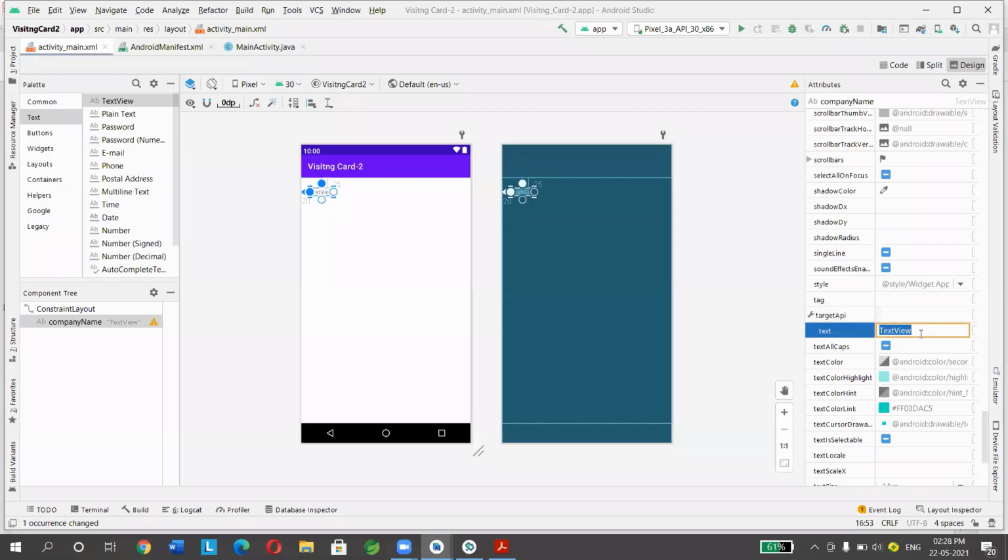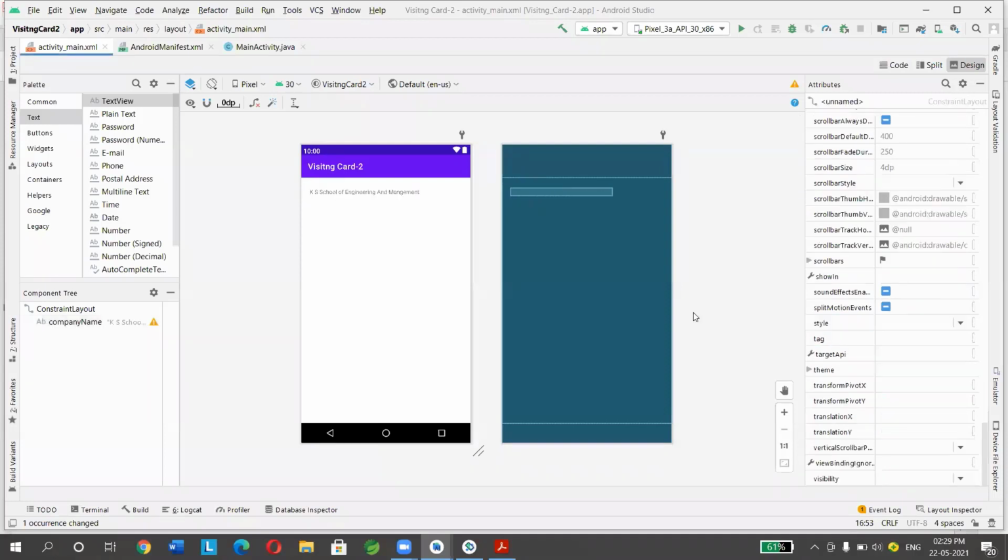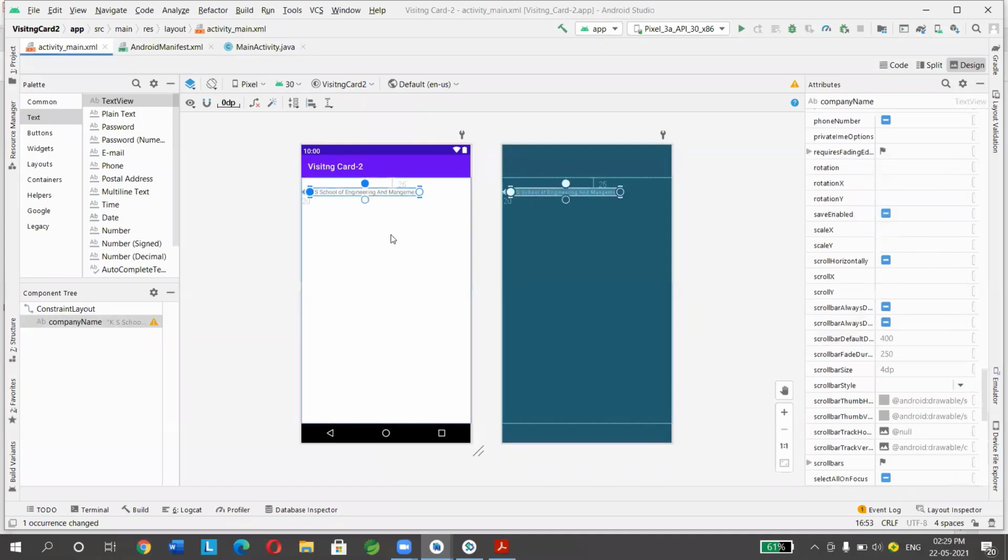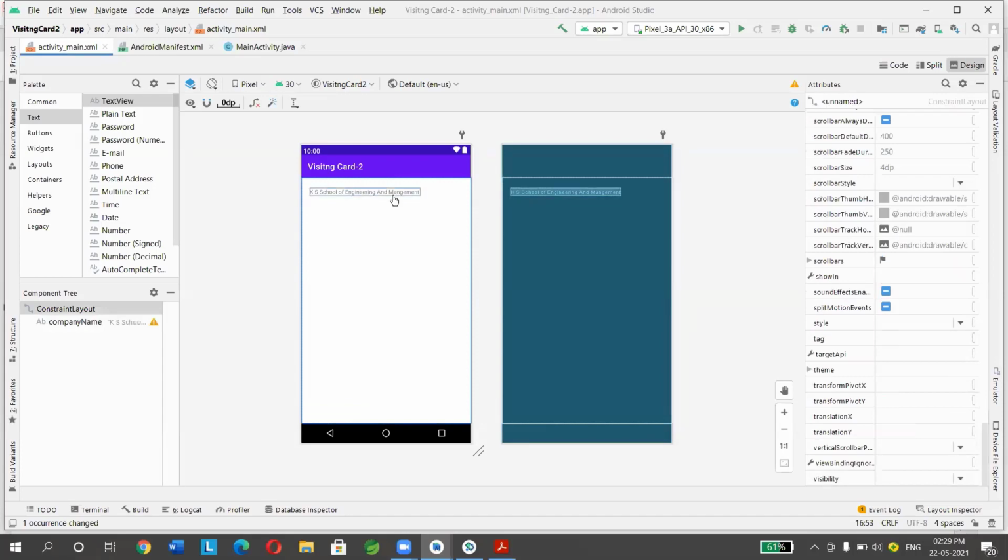Here you need to type the company name. So I'll type the company name as KS School of Engineering and Management. Okay, can you see here? It is showing KS School of Engineering and Management.